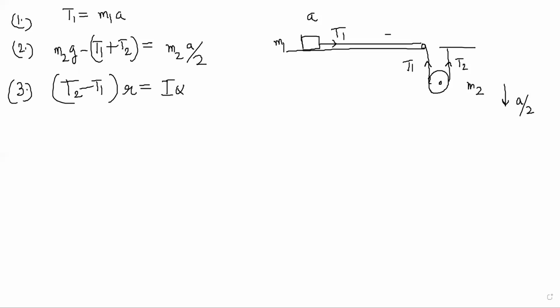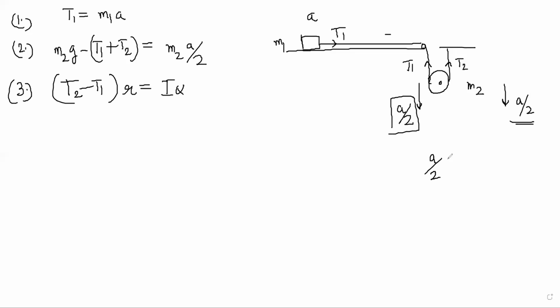Now we just have to connect our t2 minus t1, which is becoming I alpha by... oh, I think we have made a mistake because of the alpha relation. See here, this point was moving down with a by 2, no? What did we make a mistake? We assumed this is going ahead by a, but this is coming down by a by 2, no? We just saw that a by 2, right?